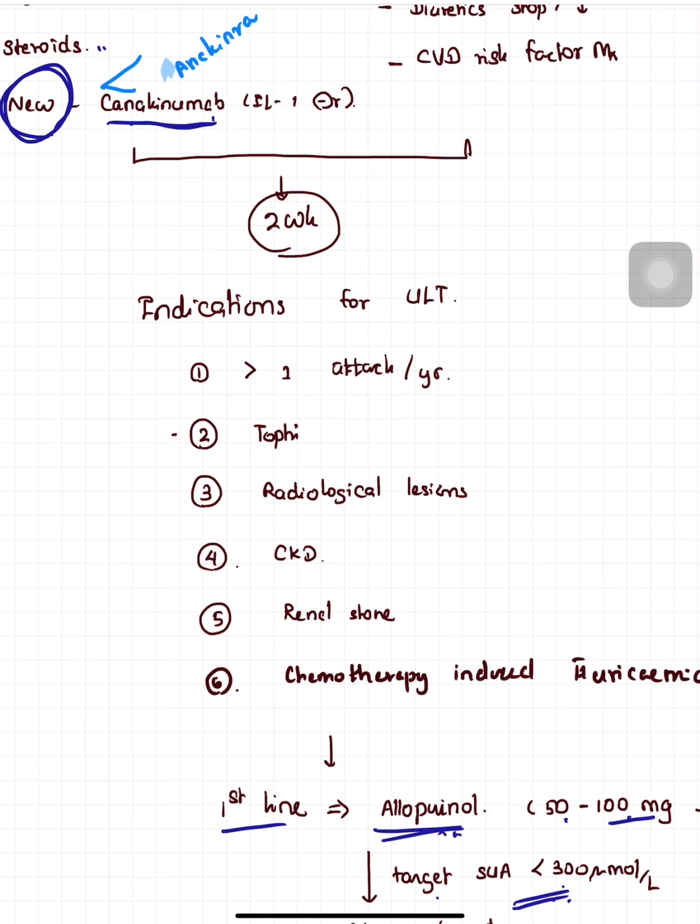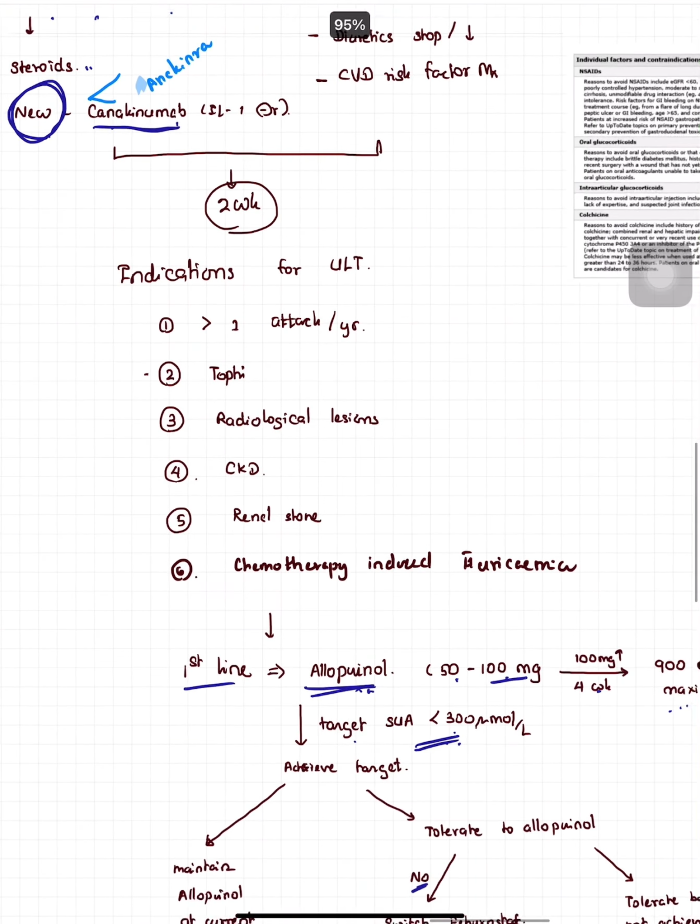You can give uric acid lowering therapy if acute gout flare occurs twice in a year, and if it is associated with chemotherapy-induced hyperuricemia, we have to use uric acid lowering therapy. But it is not usually started during the acute phase. It is started after the acute phase has settled for about 2 weeks, and we usually continue or give it together with an NSAID or colchicine during the